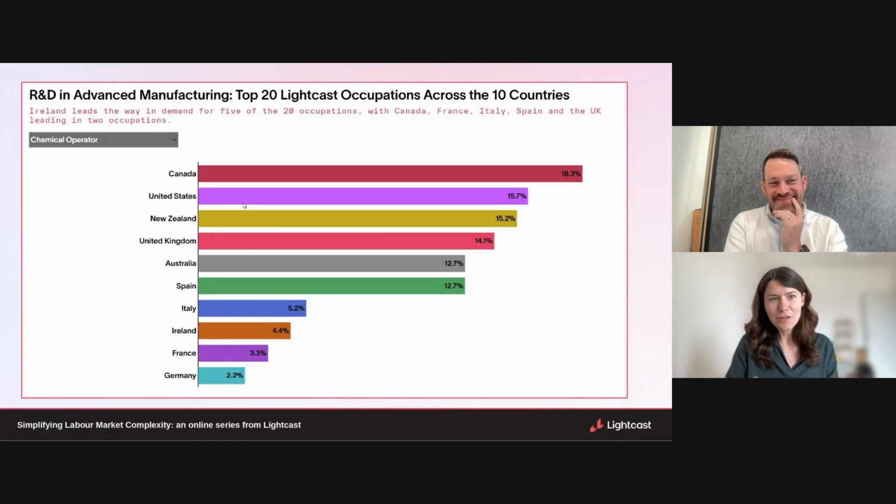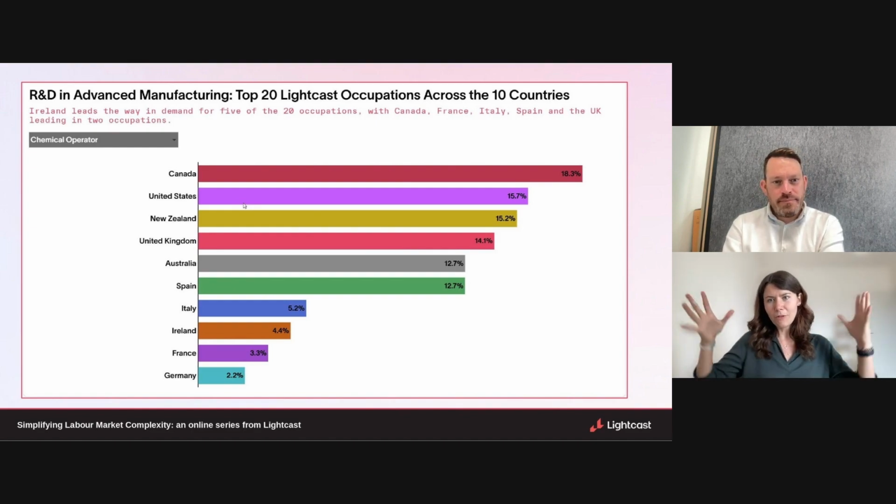So here is a lot of screenshots. It gets way more interesting when you play with it, and you can actually choose and pick as you see fit. But what you can do is zoom in on specific roles, like we do here with chemical operators, and you can identify in which countries these types of roles are currently most in demand. And here you see chemical operators, but change the name of the occupation, and you will get a different type of structure of the labor market. So it's important to have the macro picture, but then also go into the details.